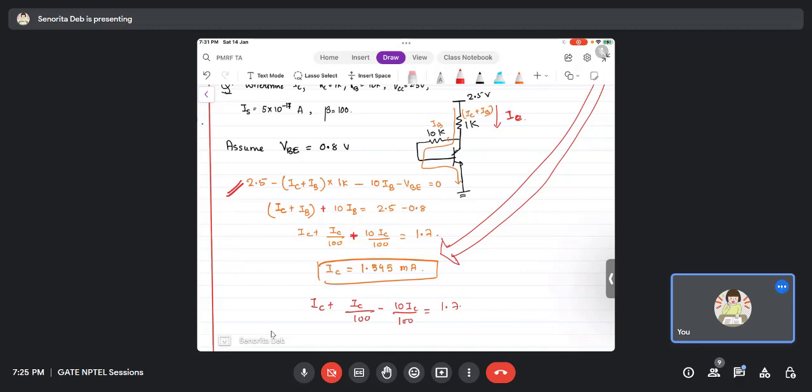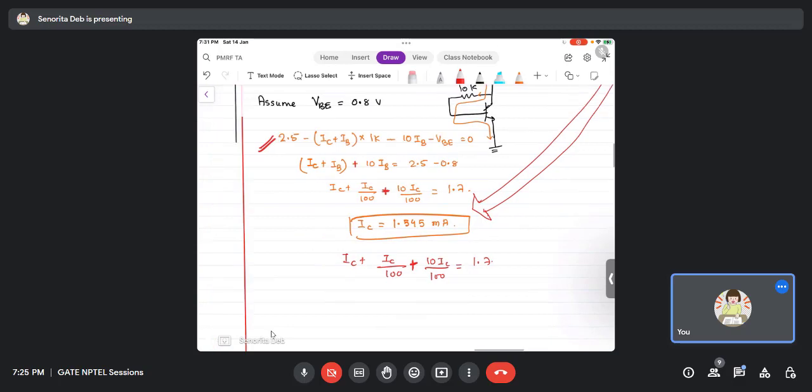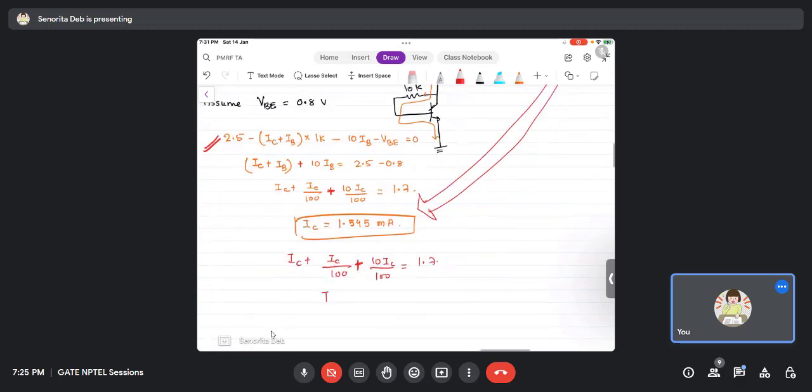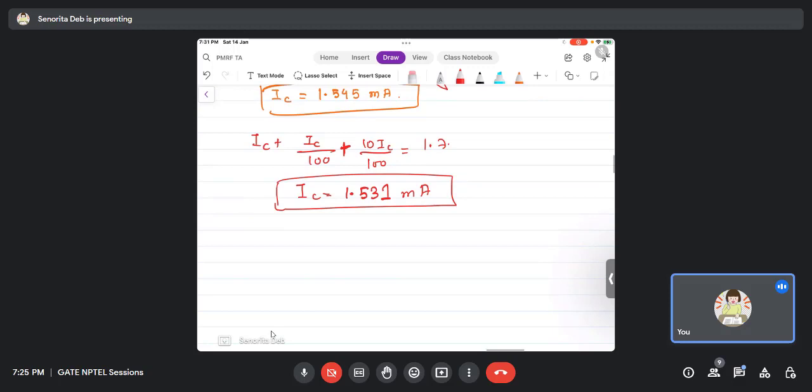Okay. So now what is coming? So 1 plus 10 by 100 plus 0.01 is, yeah, 1.53. And if you neglect the base current, you will get 1.545. Okay, so it is fine. Okay, thank you. So IC is 1.531 milliampere, and once you get it, you can verify VB, which is VT